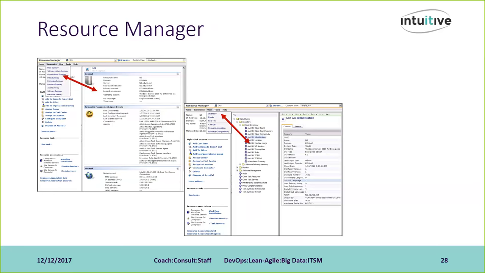Using the resource manager, you're able to view the resource associations and the data contained in the data classes for the resource being displayed. Resource associations are displayed at the bottom of the left pane, along with a link to show the resource association grid. So down here,